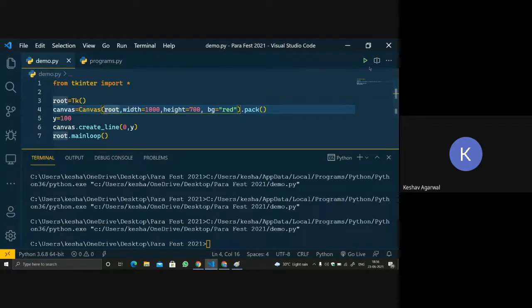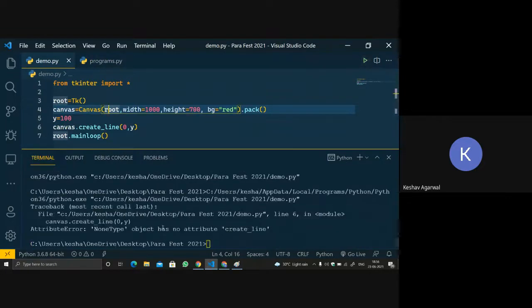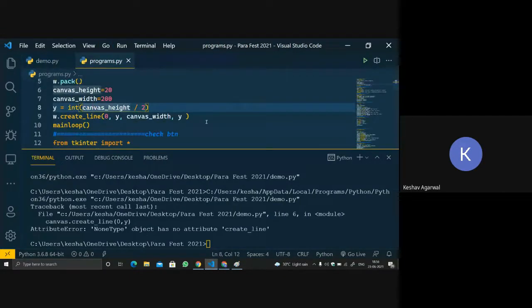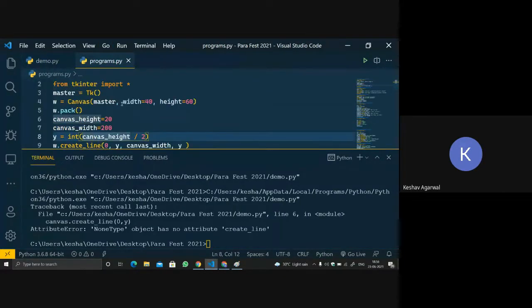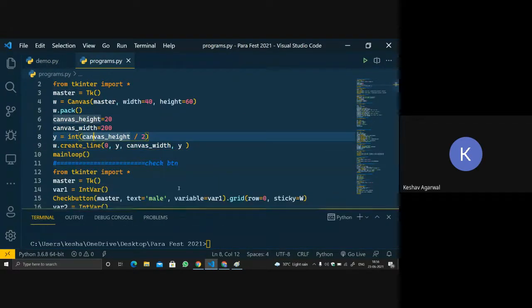Let's run the code and see what happens. NoneType has no attribute create_line. We got a canvas, the canvas is fine, we put it inside the master.